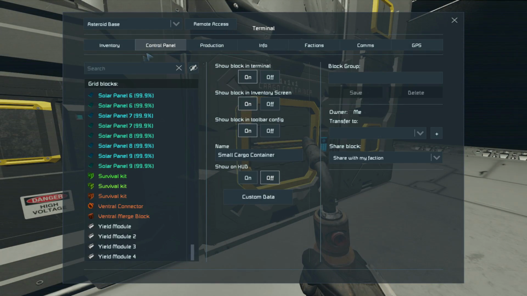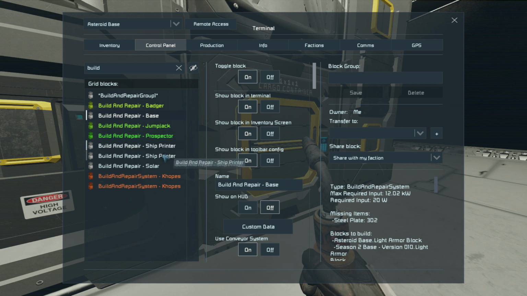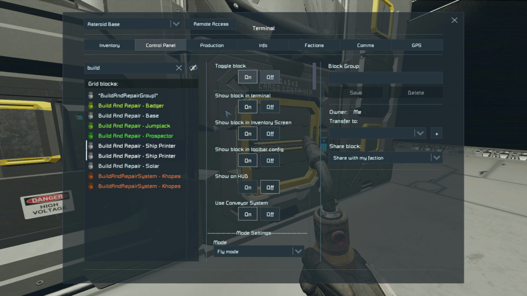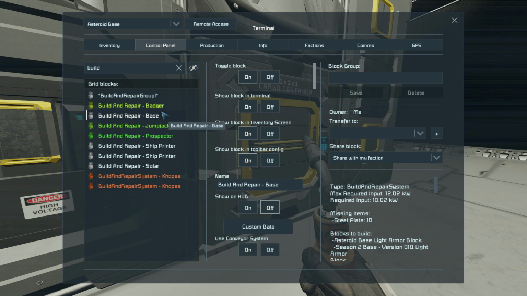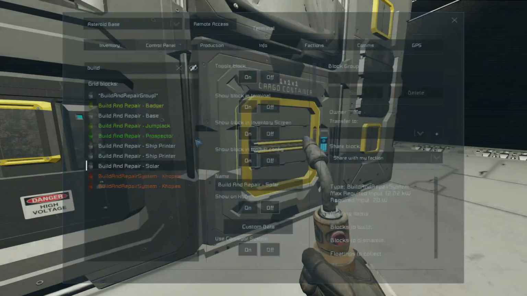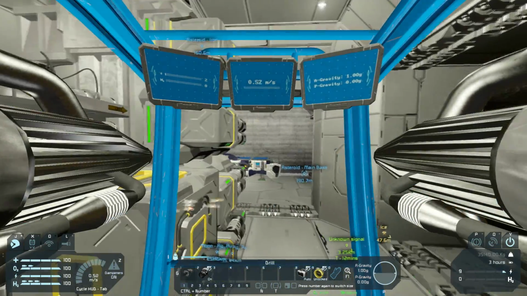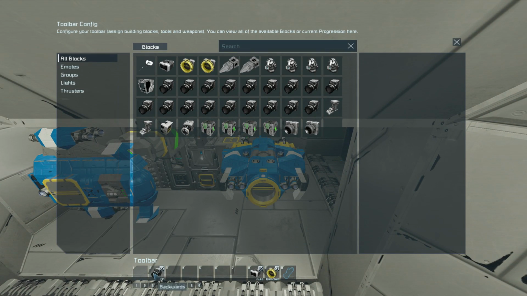Now I can stop screwing around with all of my building repairs and stuff. And the ship printer ones I can turn on. The prospector and the Kopesh's one I can turn on. And they'll all just work out there on building up the jump ship. Base is on. Badger's one is off. Jump jack is off. Solar is on. Excellent. And now the base can just do its stuff as I...